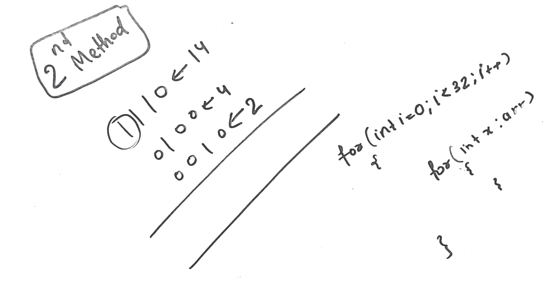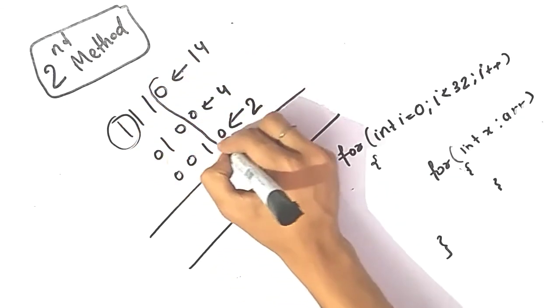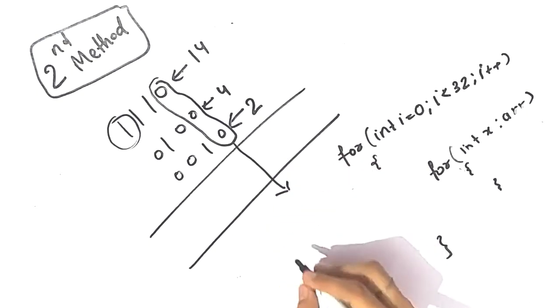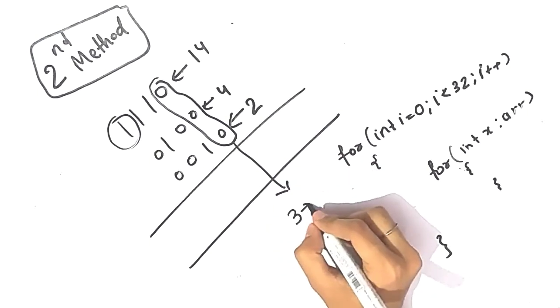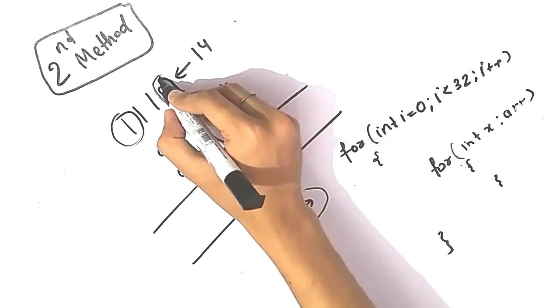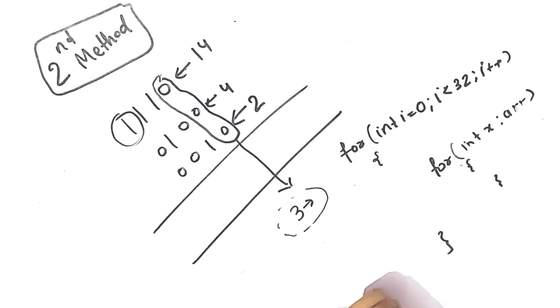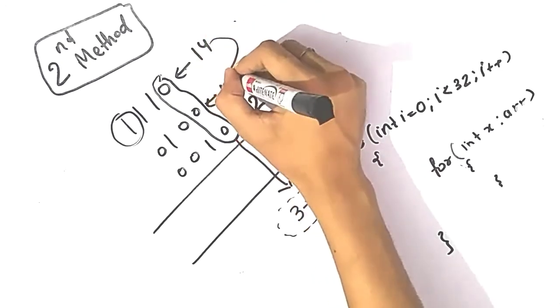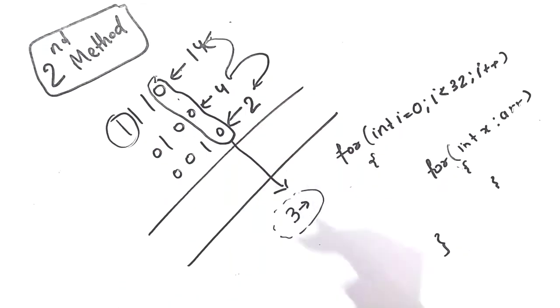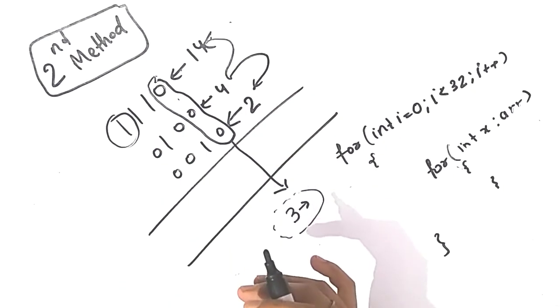So what is the intuition behind this? Suppose we are considering this bit position. Okay, so the number of zeros is 3, which is the size of the array. We will come to know that at this position no bits are different, because all the bits are 0. So there will be no Hamming distance between any of the pairs. If you consider this bit position, none of the bits will be different.